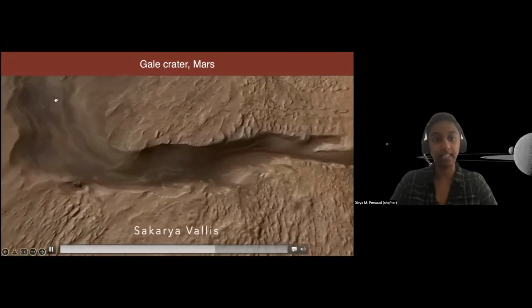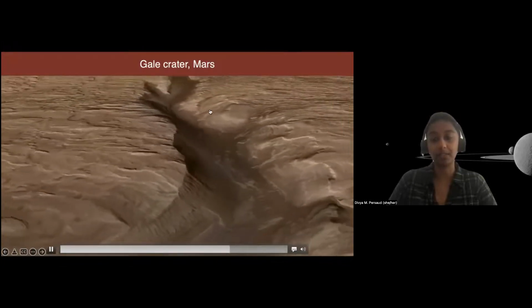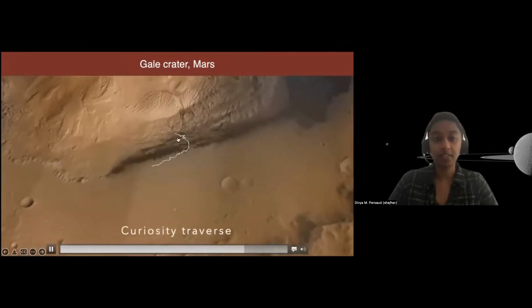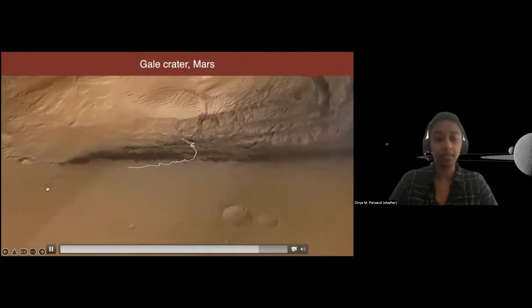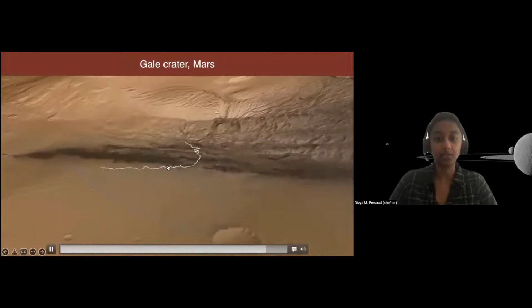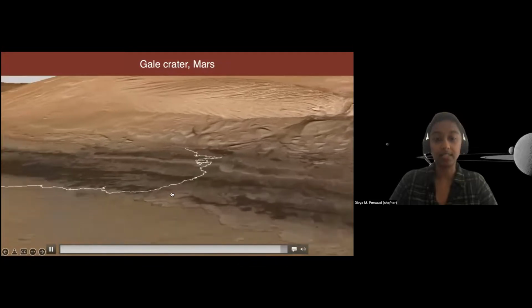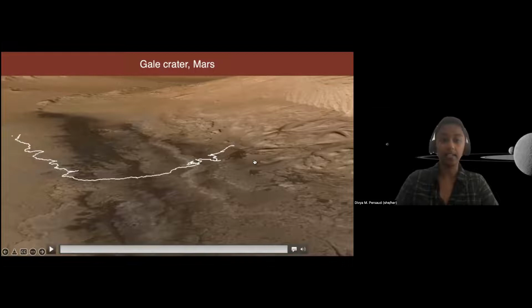Here's that canyon again. That was my focus, called Sicaria Vallis. I'll do a close-up of this, so I won't talk about it too much. And here's the Curiosity rover traverse through about August 2020. So it went from these deposits here, which were lake delta deposits, through some of these active dunes now. So looking at loads of clays and sediments that reveal a lake environment that is slowly drying up later in time, if we think of up as more recent. And so that's just a general tour of Gale Crater.